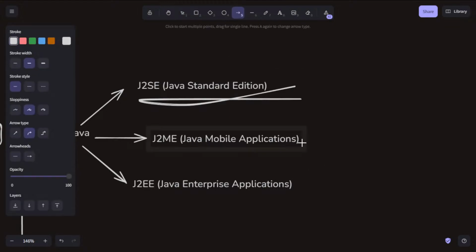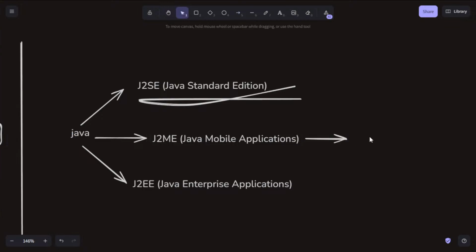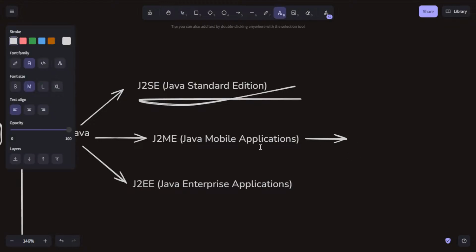For mobile application development, we have moved towards Kotlin. Kotlin and Android Studio programming are what we are using, and Kotlin is the advanced version.